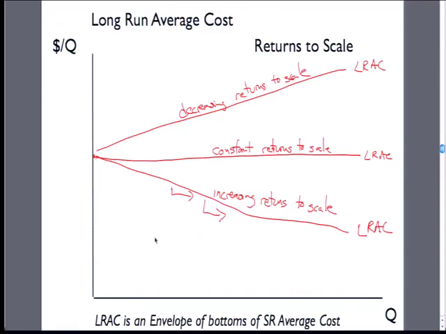Over time, now we have the ability of houses to produce their own electricity through solar, but we have big infrastructure that has increasing returns to scale because they can average the cost over a lot of people. Constant returns to scale